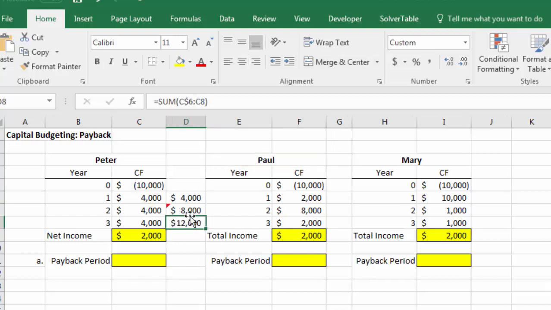So this is going to pay back somewhere between years 2 and 3, and exactly halfway through year 2. So I can label that as 2.5. I can just see that in my head mathematically that we get an extra 4,000 in year 2. We need 2,000, so it's a halfway point from year 2 to 3. And we could do the same thing if we just copy and paste for